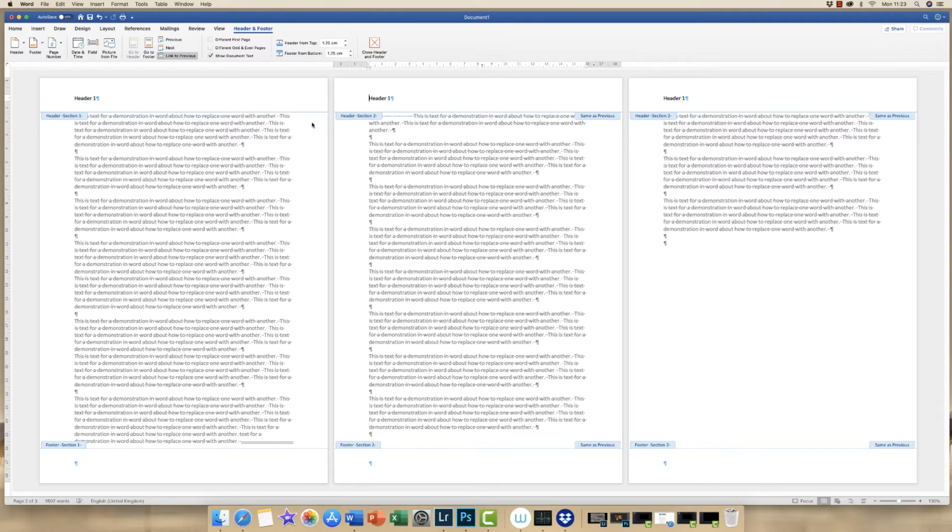To unlink these sections, we will have to go up to this icon here, which is under the header and footer tab, click the link to previous, and you can see that that tab there disappears. What that then allows me to do is to simply change the header on the following section,